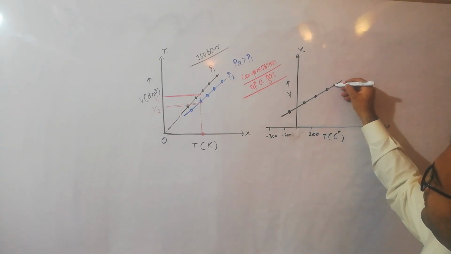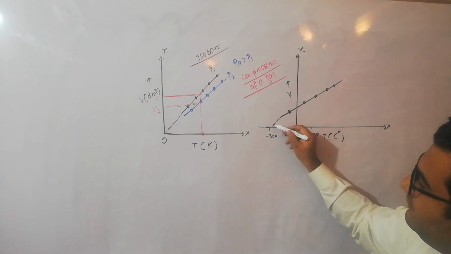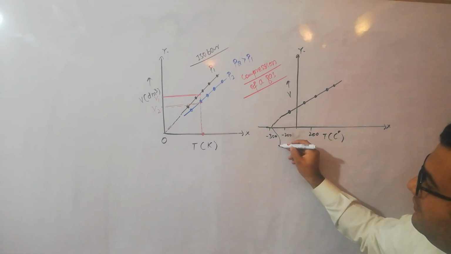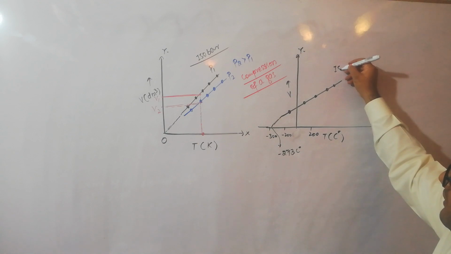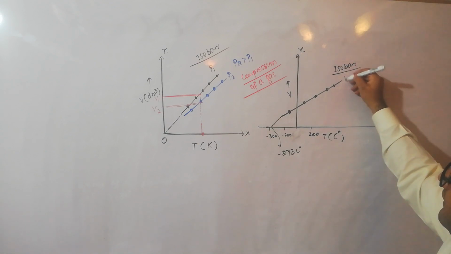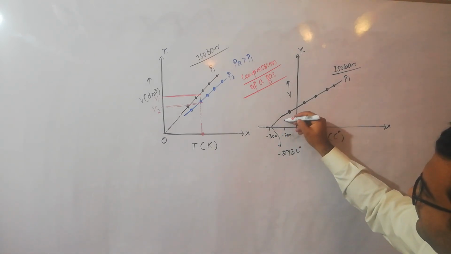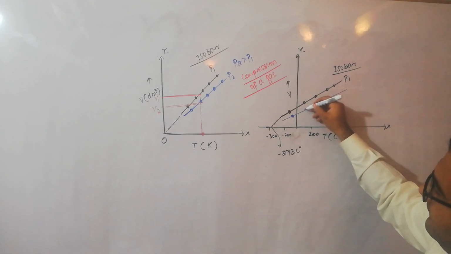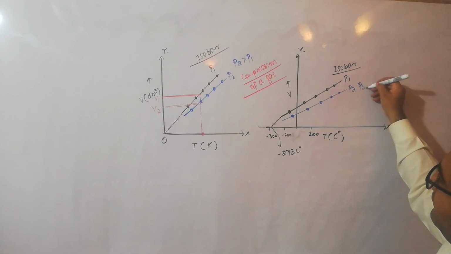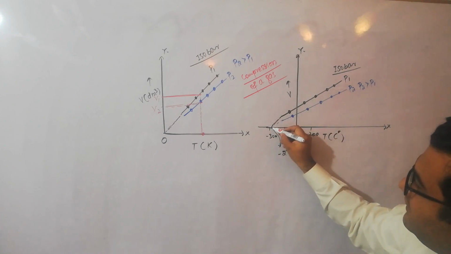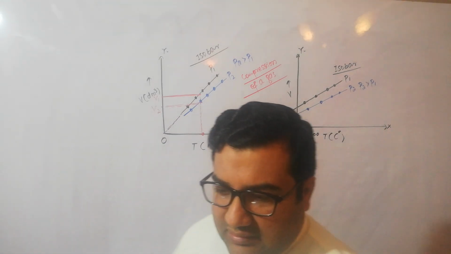And now this straight line will also be an isobar. And when you extrapolate it, it will touch the x-axis at a value of almost minus 273 degrees. It is also an isobar, and similarly if you change the pressure from P1, you will again get a straight line that is away from the y-axis towards the x-axis, meaning P2 is greater than P1. But when you extrapolate it, it will again touch at minus 273,